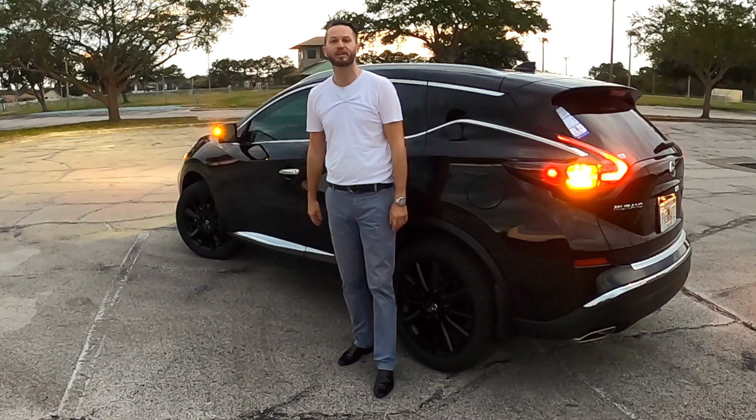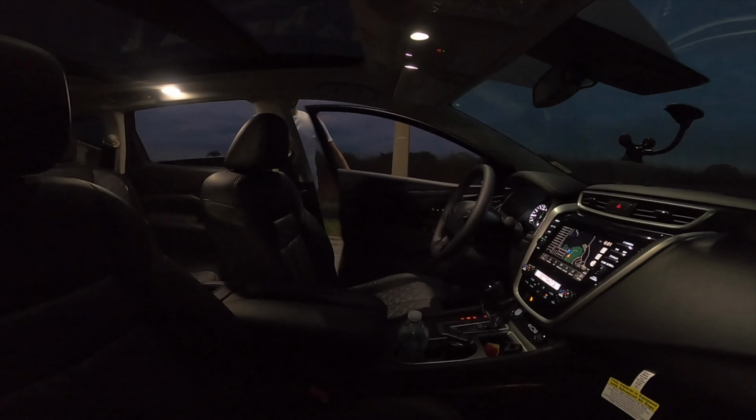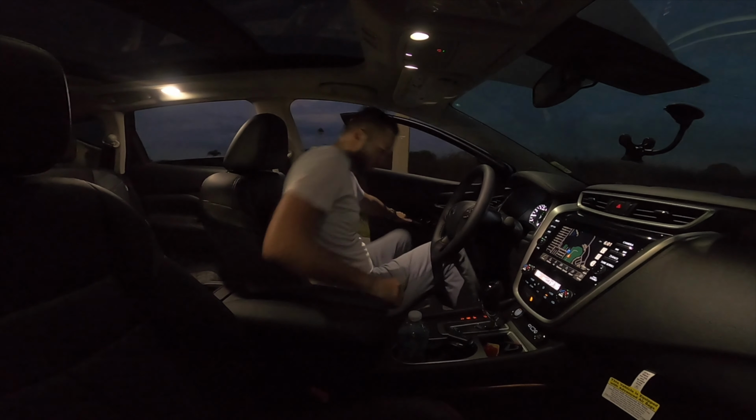Let me know in the comments what you think about the 2022 Nissan Murano Platinum Edition, as we go into the interior, go over the tech, and take this for our test run. Entering inside the Nissan Murano,